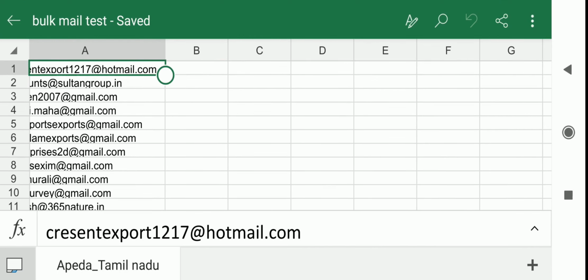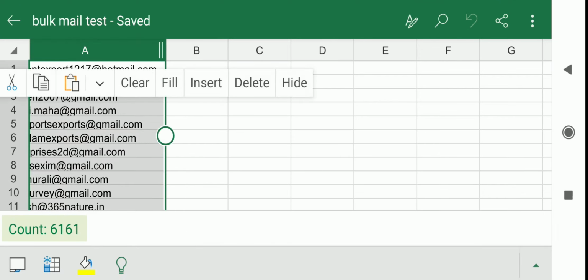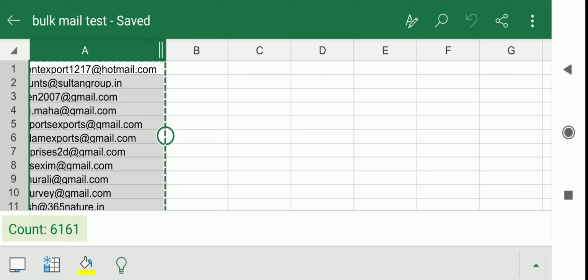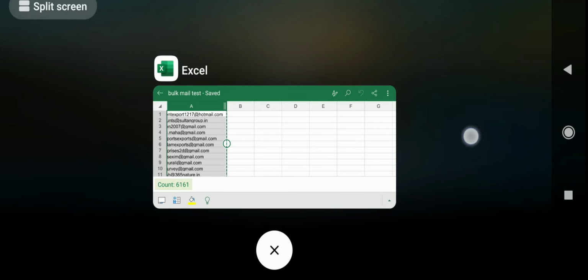Now we have to select this entire A column. A, B, C, all these are the column names, and 1, 2, 3, 4 on the left side are the rows. I have to select this entire column A. So simply click on this A and we will choose copy. As soon as we do this copy, the next step is to go back to the main screen